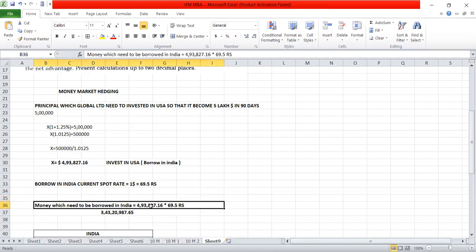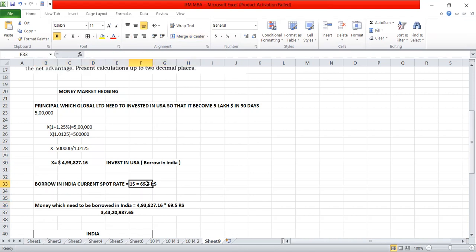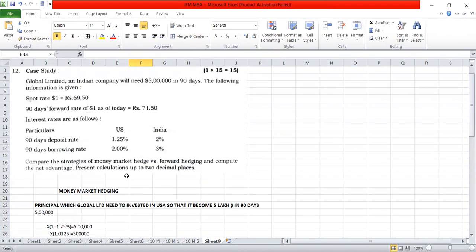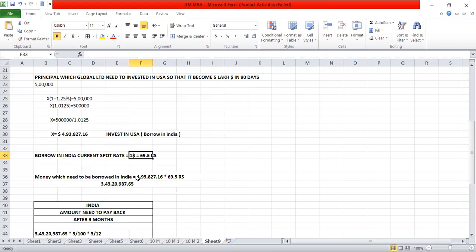Now it's very simple, we are converting this money at the spot rate. 4,93,827.16 into the current spot rate of 69.50. So 3 crore 43 lakh 20,987.65 rupees they have